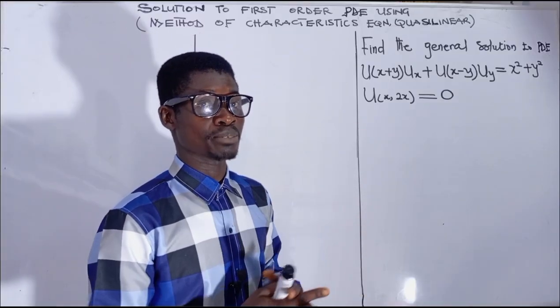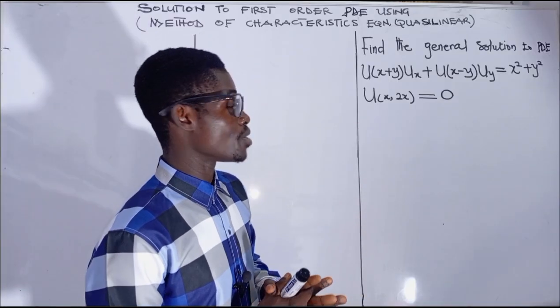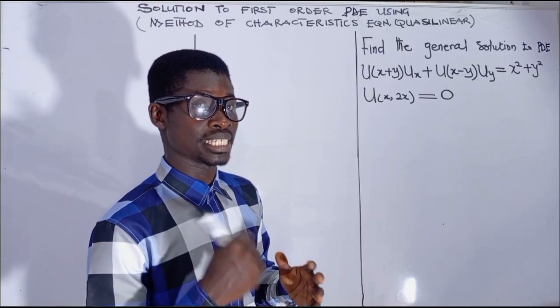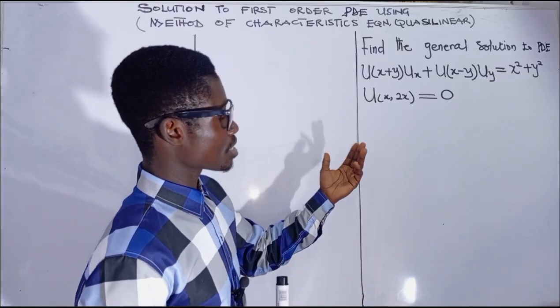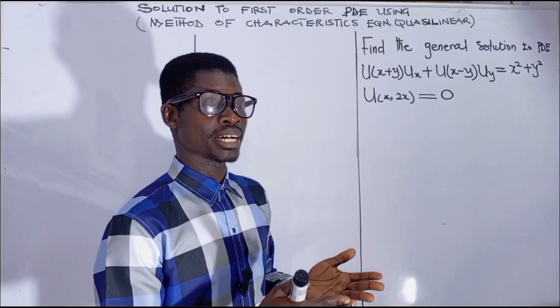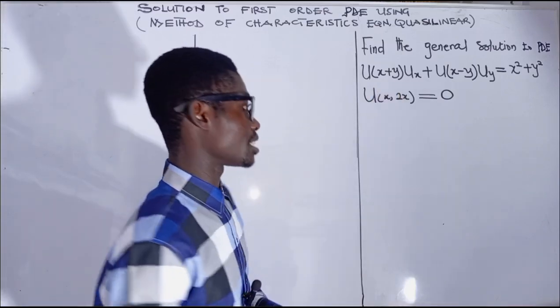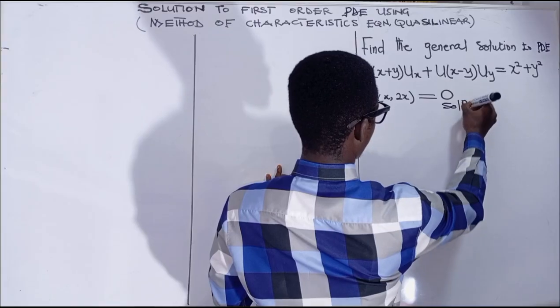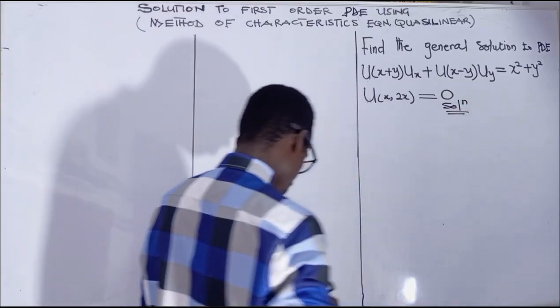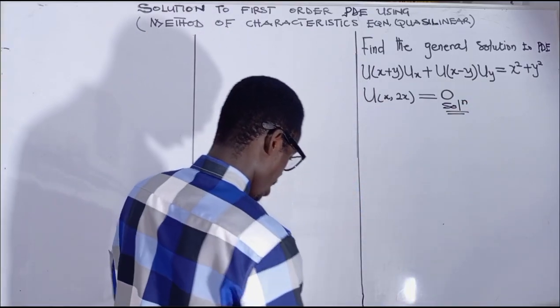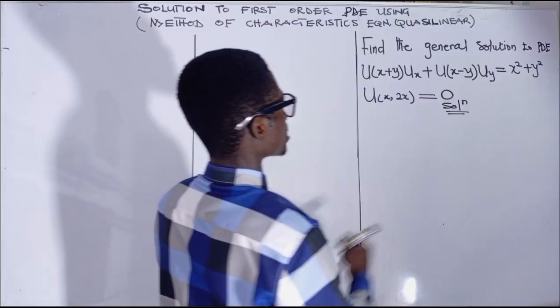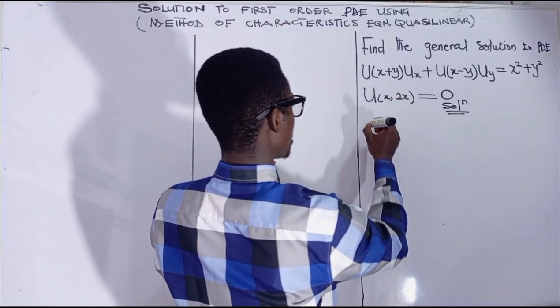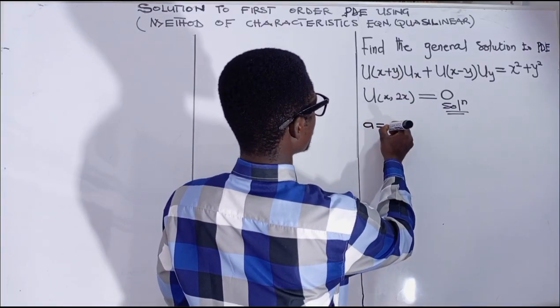Remember, we are going to follow the same approach that we used in the earlier examples in our previous lesson. So first, we are going to identify our A, our B, and then our F from the equation given. From the equation given, our A is the coefficient of u x. So we have A is equal to